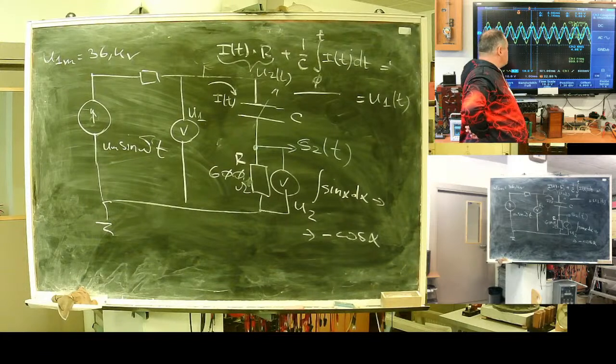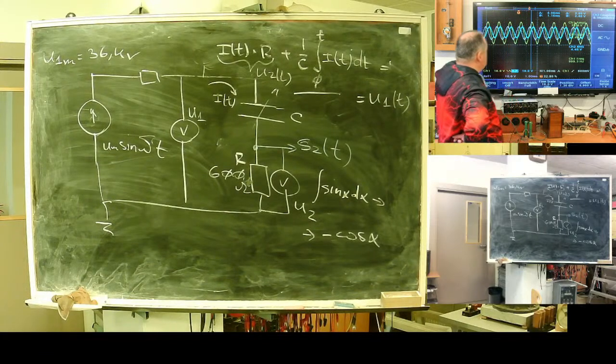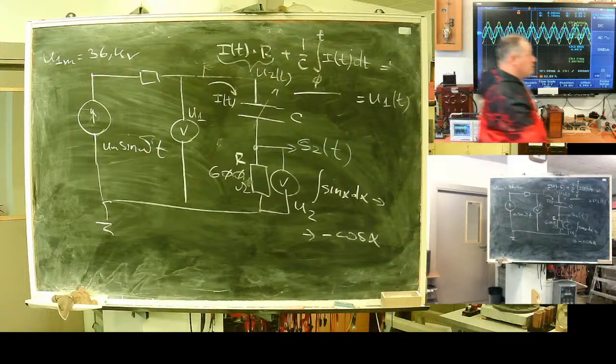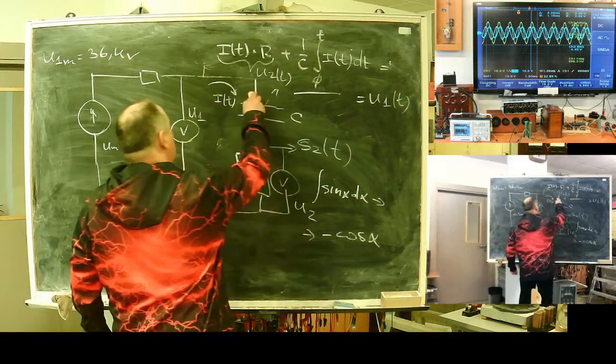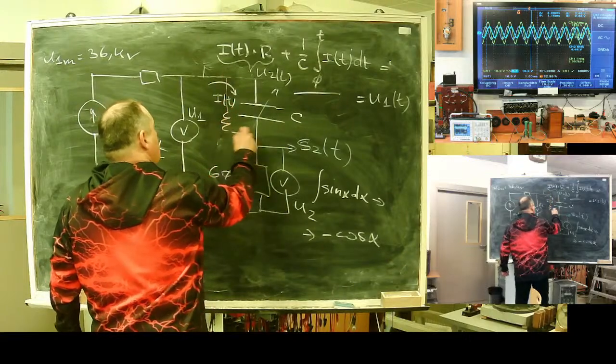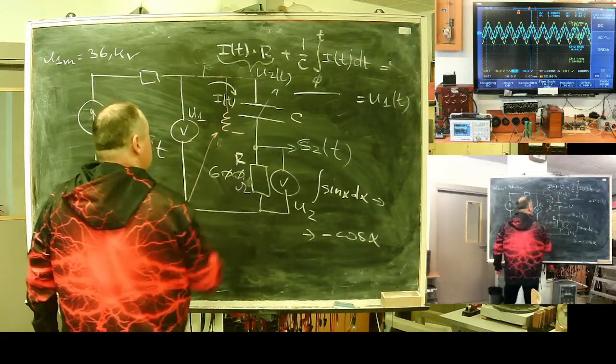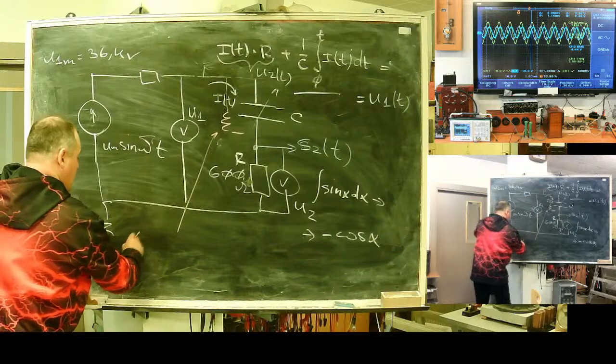Change of inductance. If I put a coil here, I got a coil here, I'll need to add a member A,